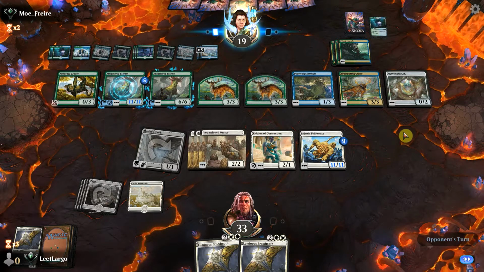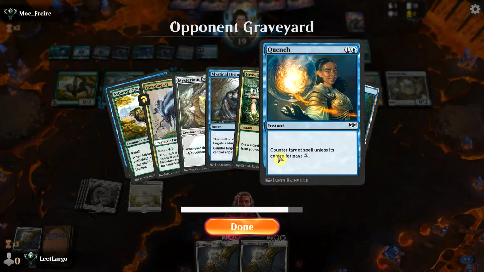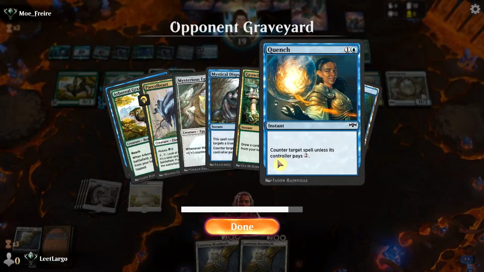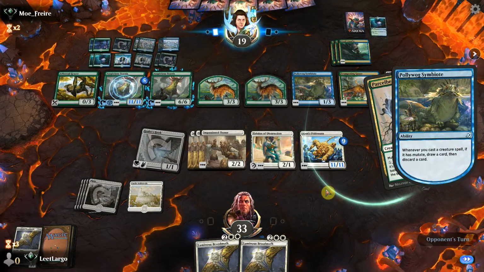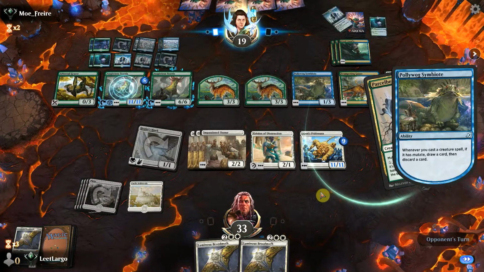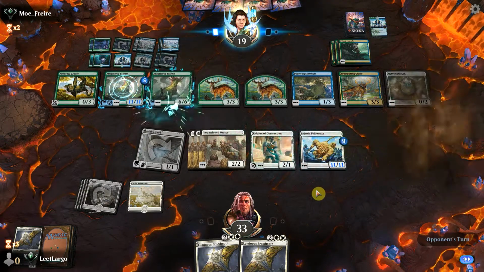If we draw another land, we can pay for the Quench. So that counter spell they used is called Quench. For 2 mana, they can counter a spell unless we pay 2 mana. So if we get another land, which we should be on schedule to draw, we can...